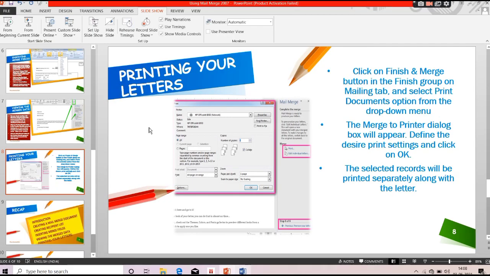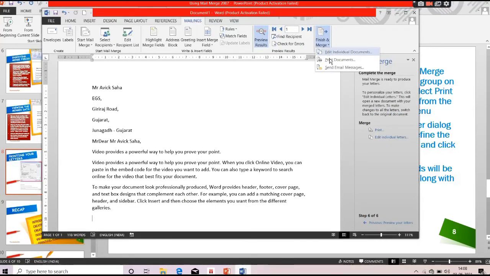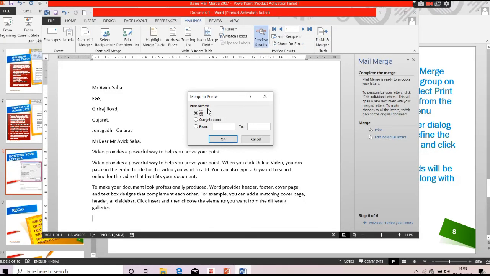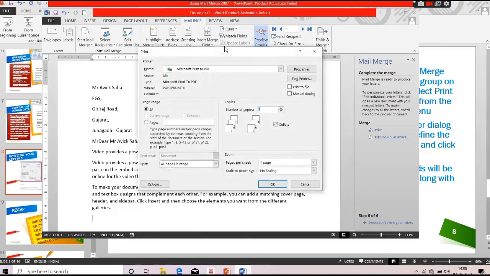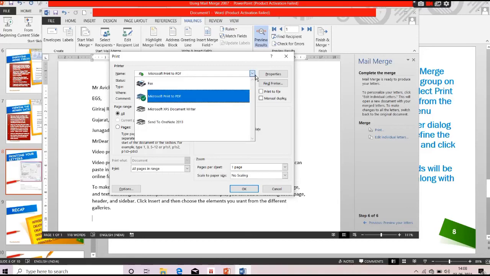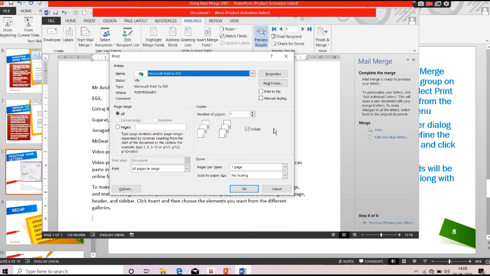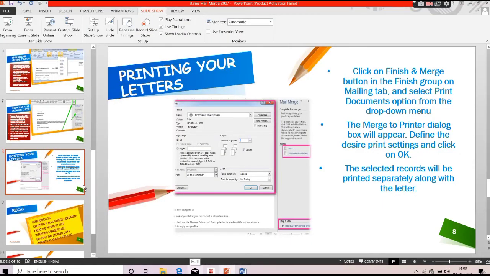You can go through one time. One time you can see also finish and merge and print the document. That also, if you want for the current record or all records, you can go for OK, and you will get a printer option where you need to print. Okay, and you can add some printers from where you want to print out this letter. Okay, this is how your mail merge actually works, and this is all about your mail merge.